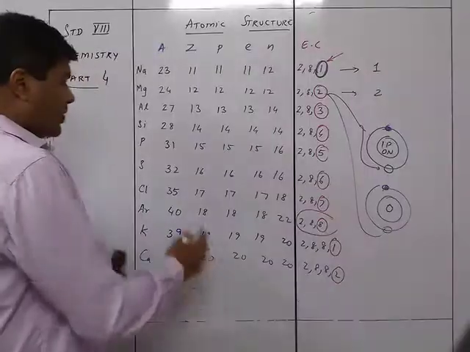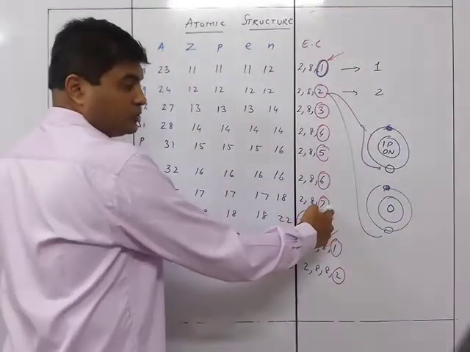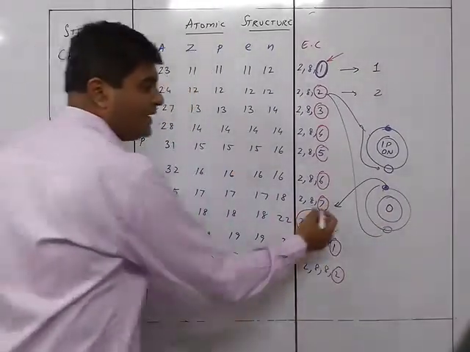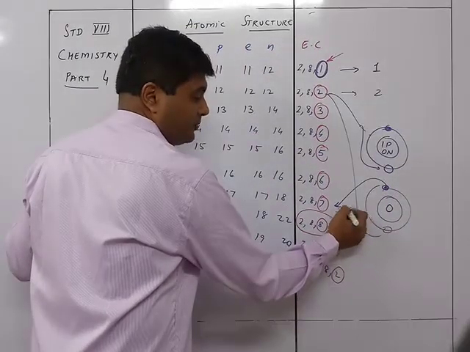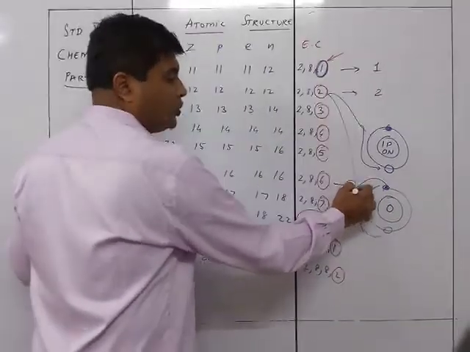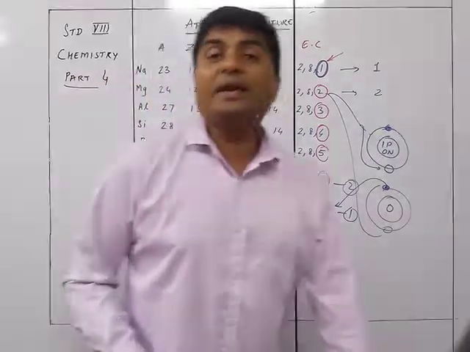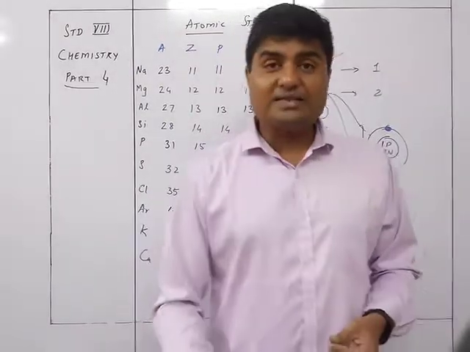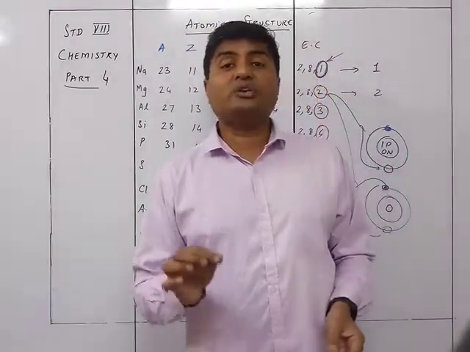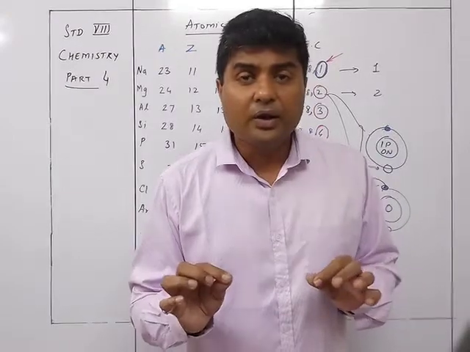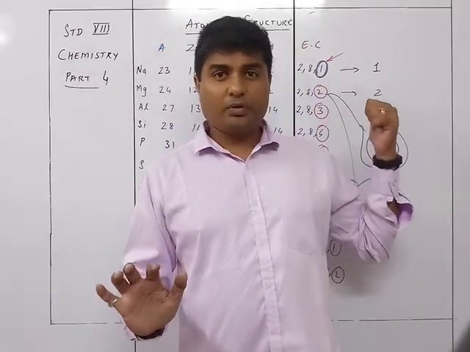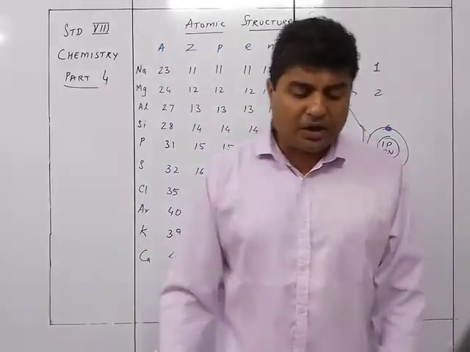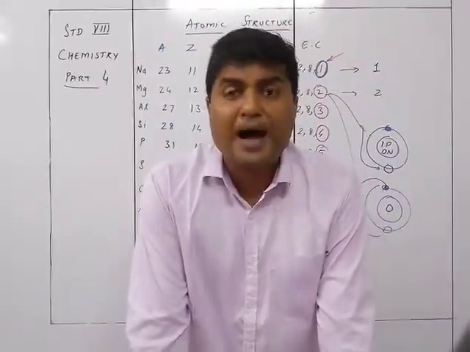Similarly, if we talk about chlorine, it has 7 electrons, so it requires one. So how many hydrogen atoms are required? One hydrogen atom. And over here, two atoms are required. That's why we define valency as the number of hydrogen atoms required to make the atom stable. So valency is the number of hydrogen atoms which can combine